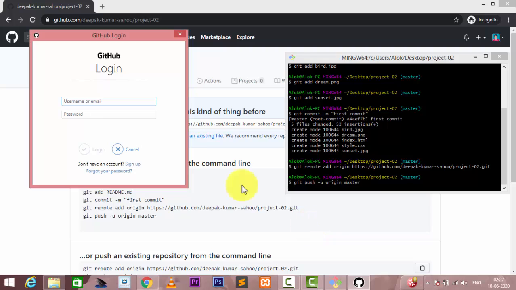So after that we see that it asks for our user ID and password. So I simply fill it. I pasted DPAK SHO2, and the password is ours.